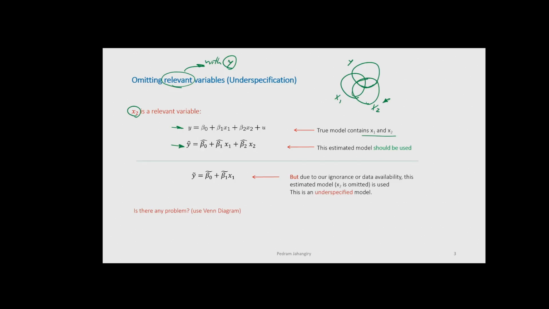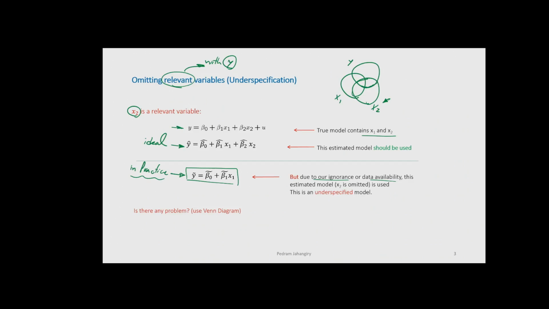Okay. Now let's say, because of some reason, let's imagine due to our ignorance or data availability, x2 is omitted in the estimated model, and this version is used to estimate the true model. So imagine I know this is ideal, but this is what we do in practice. So in practice, imagine we use this one. And if you're wondering why I dropped this x2, sometimes you have to. Imagine